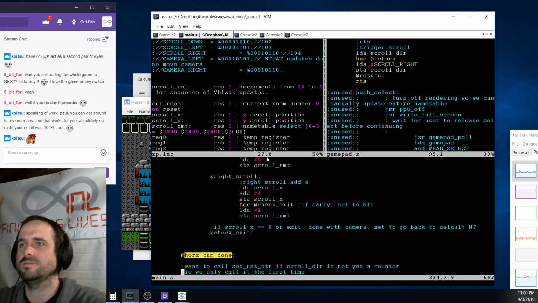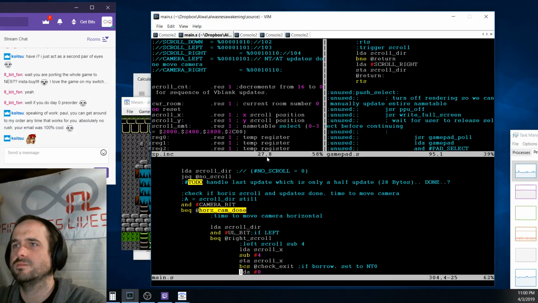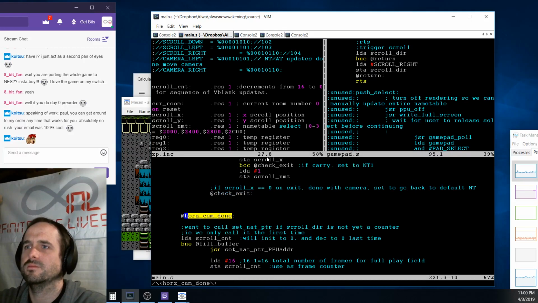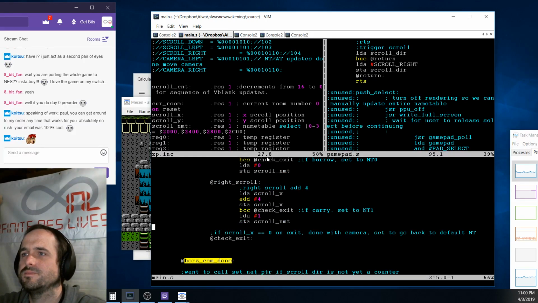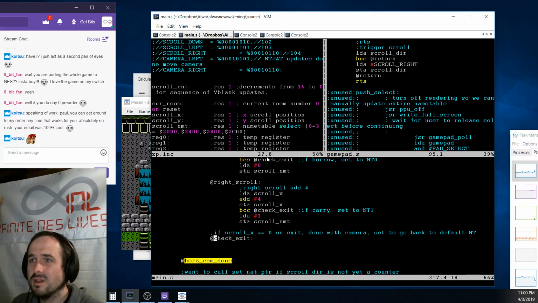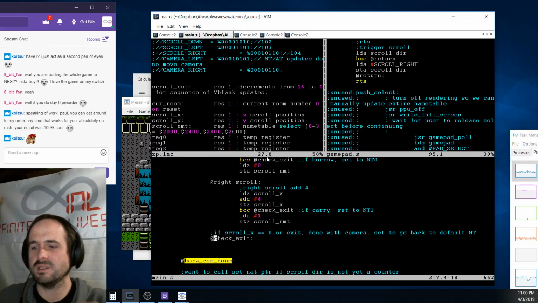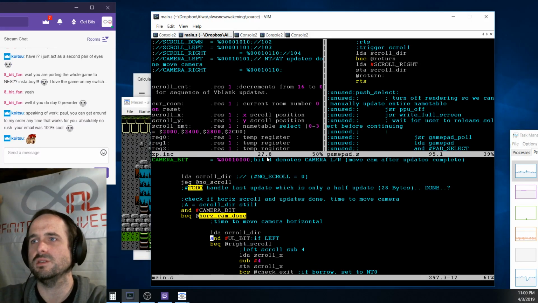Anyway, I'm not sure, but no, because we're loading scroll dir right away anyway. Okay. So now check exit. If it's equal to 0, we want this update to happen because this is the final resting place for this scroll. But we don't want to do any of this again. And so to do that,